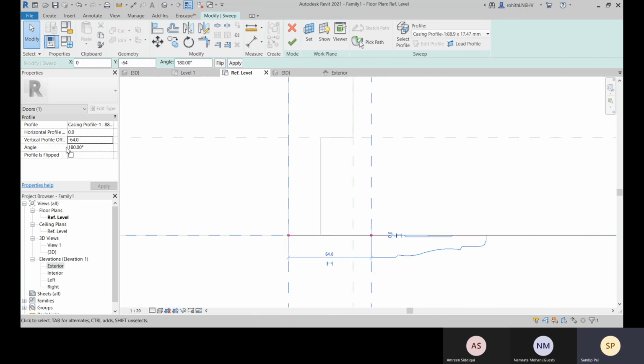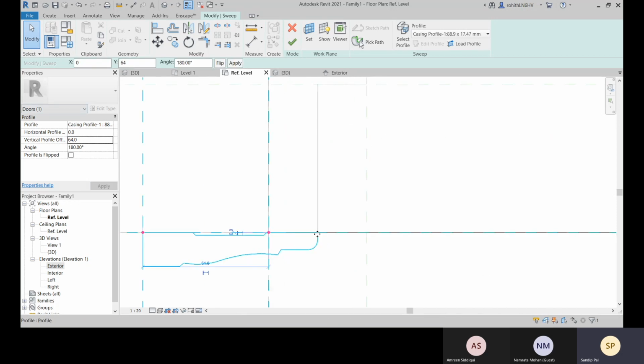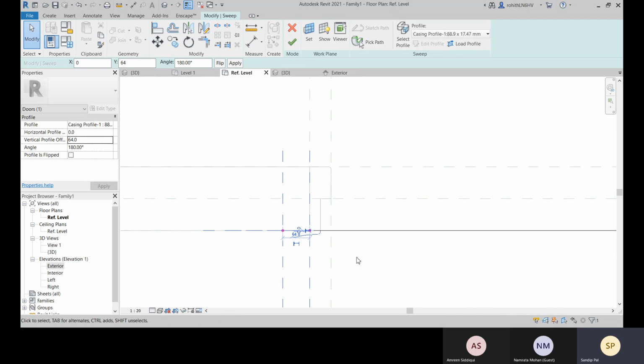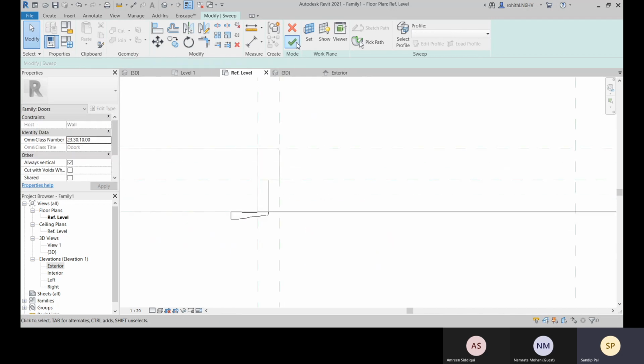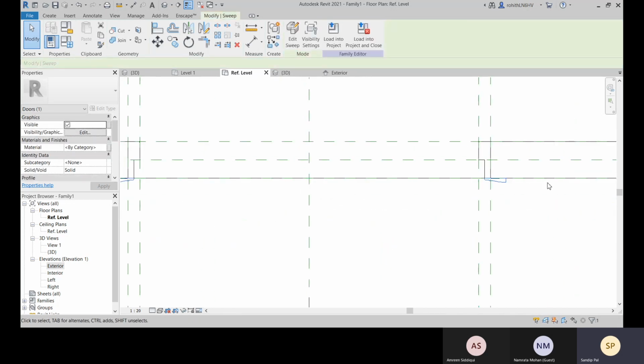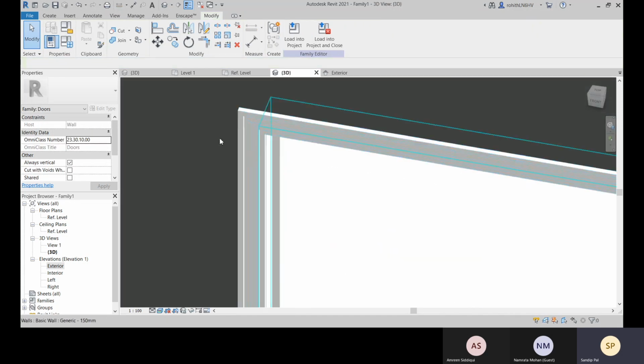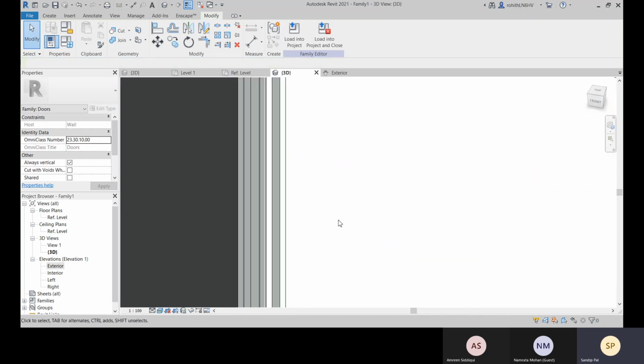It's moving, so it will be positive 64. Here it is perfect for this side, and make it done. Come to this 3D, and there you can see we are having this.